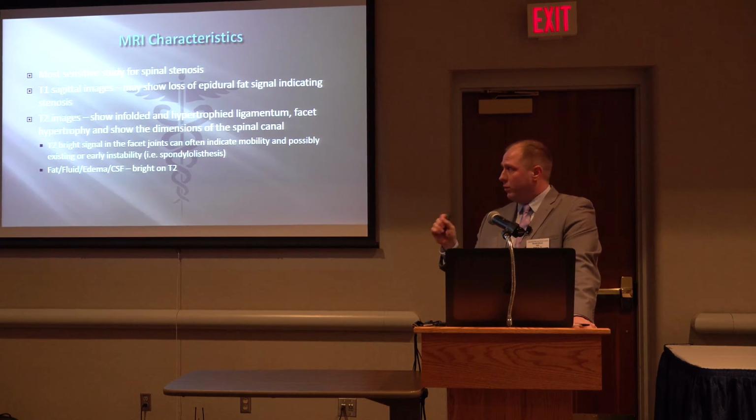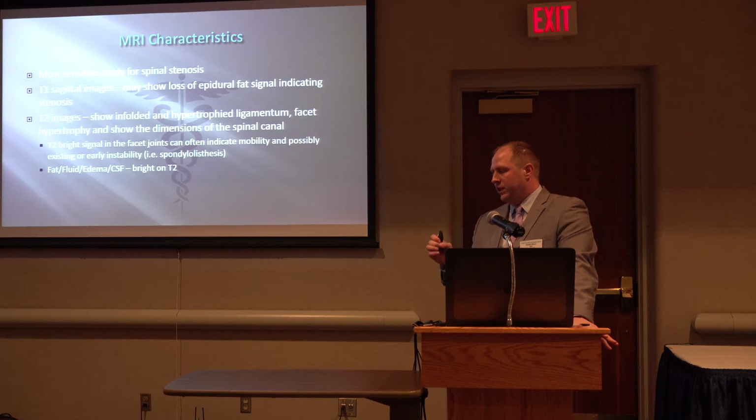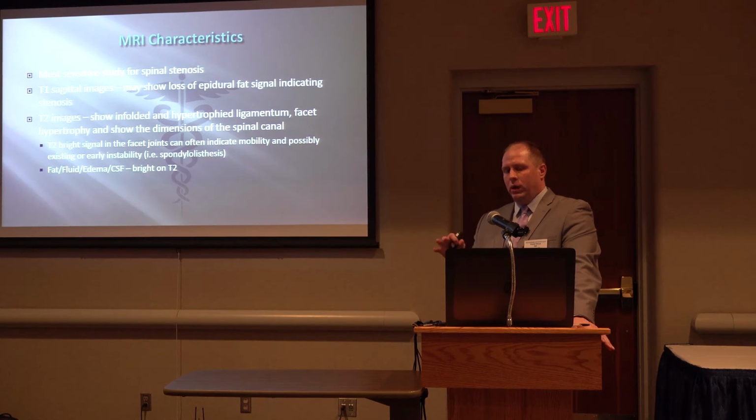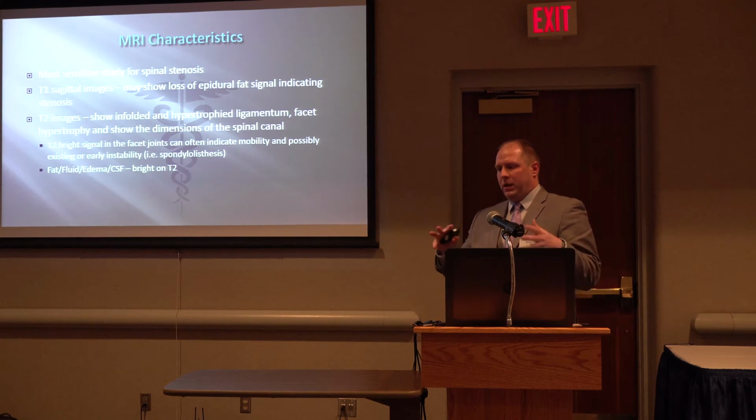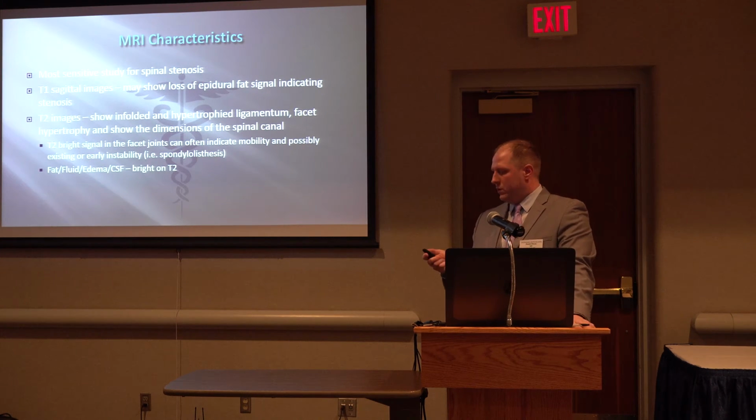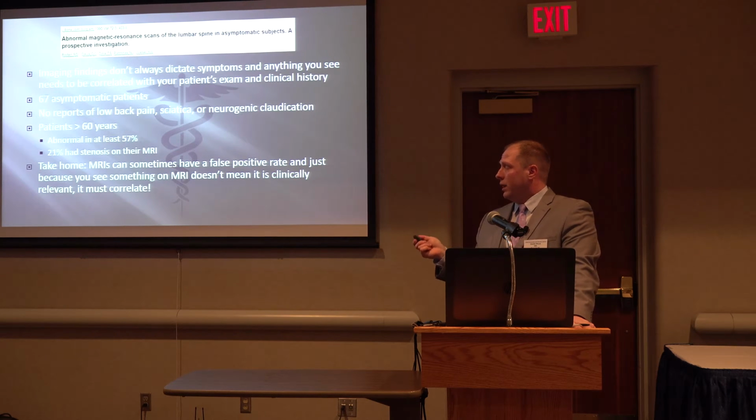And one thing to remember is the CSF, which is the fluid around the nerves, is bright on a T2 image. So if they have spinal stenosis, that T2 signal goes away and it becomes black or gray, and that's going to indicate that there is stenosis. So one other thing I want to mention before I show you examples of that is